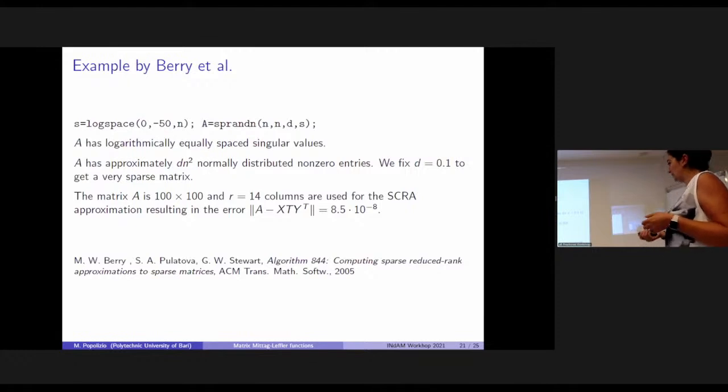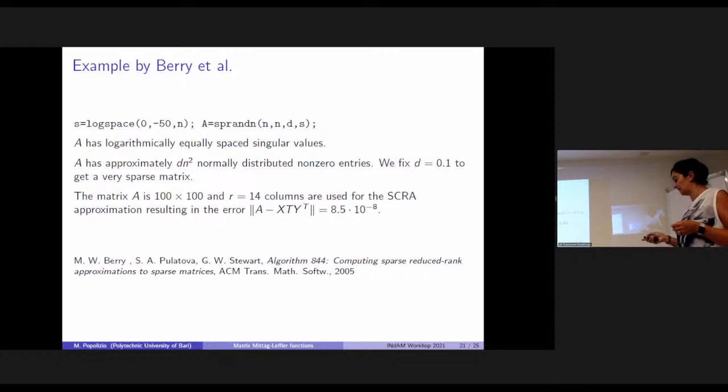Okay, here there's another example. This was proposed by Barry, and is a special matrix with logarithmically equally spaced singular values. And so here we have this fast decay of these singular values. This is a very sparse matrix. We consider just a dimension 100 times 100, and just 14 columns are sufficient for the Scalar approximation to have